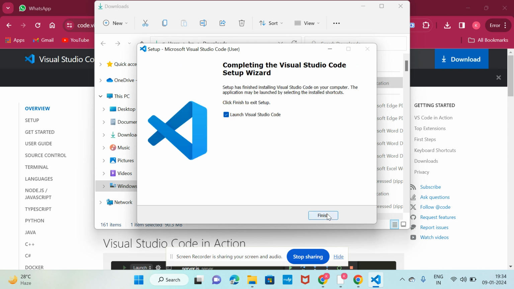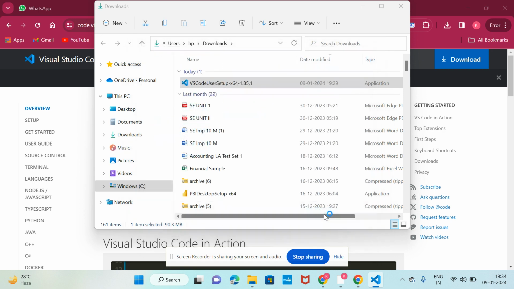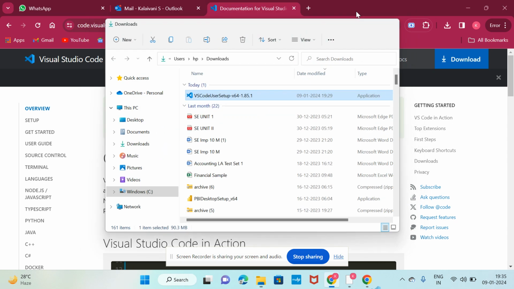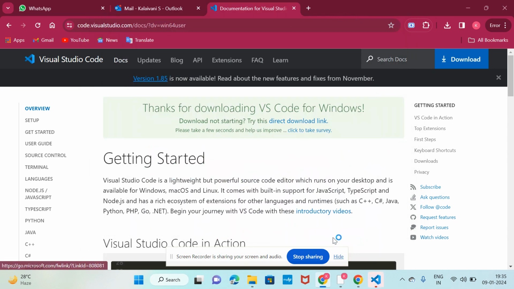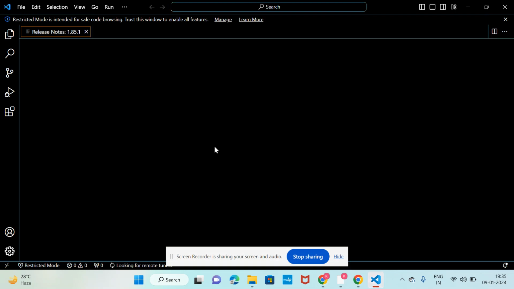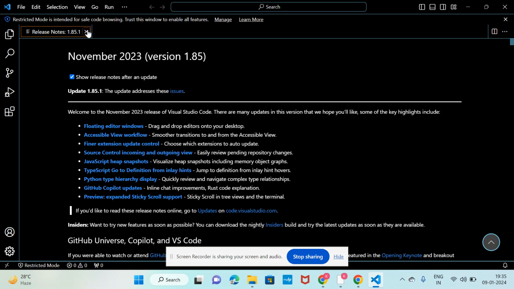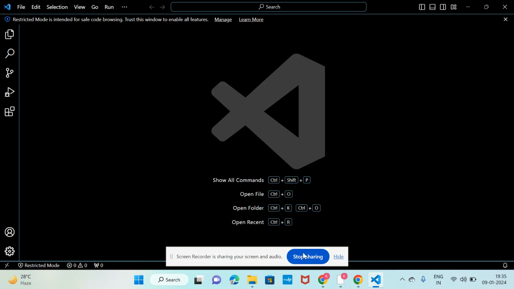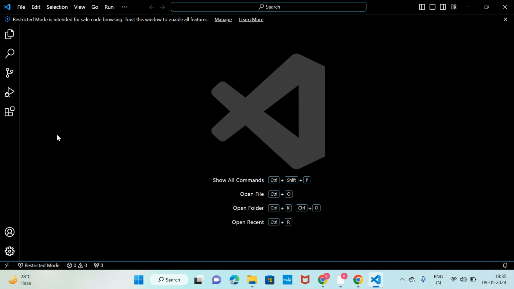Once it is installed, it will ask to launch Visual Studio Code. You click finish and it will get launched automatically. Click this icon and you can see it is open. So in this, the first program we are going to do is